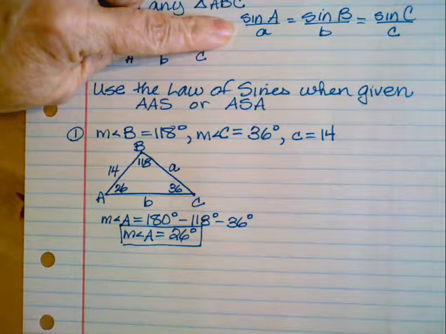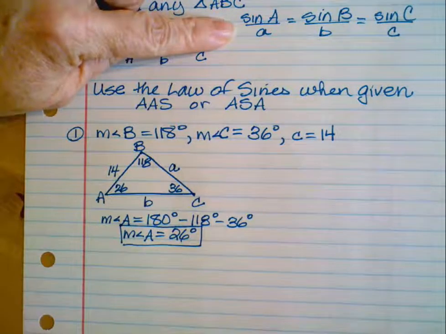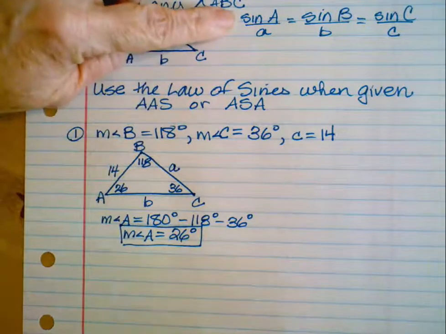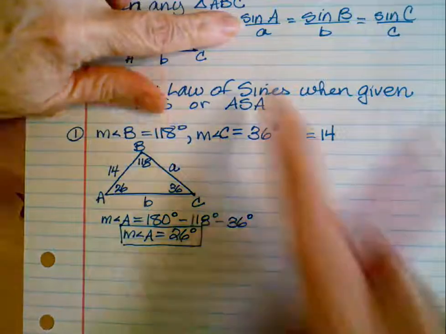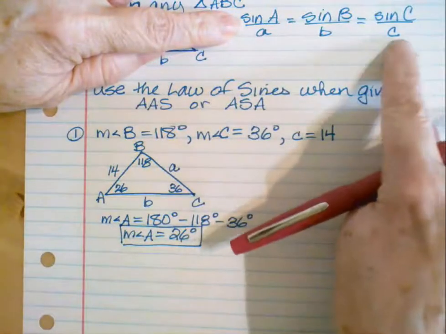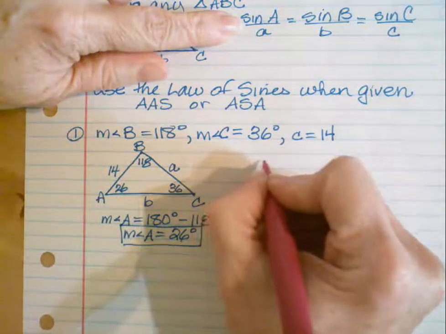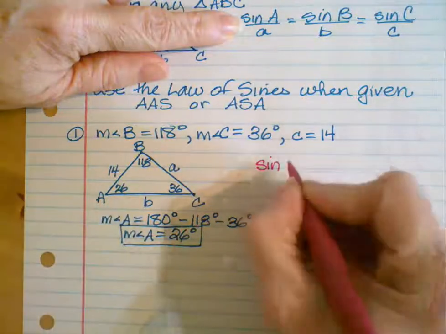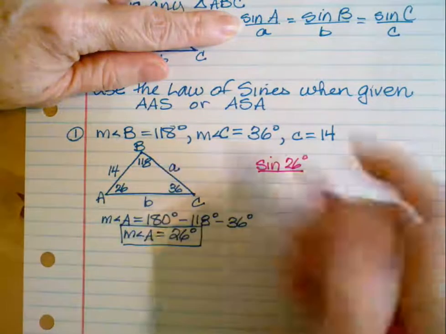Whenever we use the law of sines, we're going to substitute in any values that we know. So in this case, we know the measure of all three angles, which will help in our numerators. And as far as the side lengths are concerned, we know the length of segment C is this 14. So our law of sines then becomes the sine of angle A, which we said is 26 degrees, over the length of its opposite side, which is unknown,